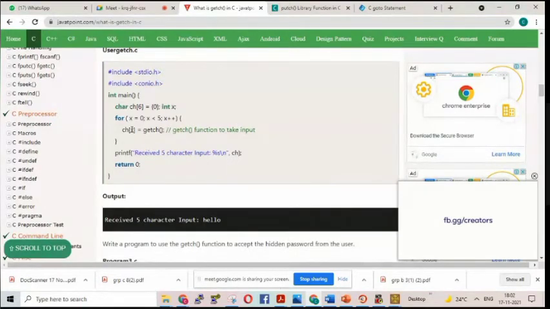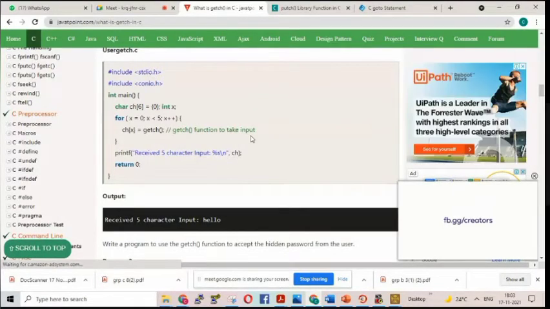I will repeat once. Suppose inside a for loop you want to use getch. Outside the for loop also you can use it, that is not a problem. So you are not using any scanf statement here. First of all, you are not using any scanf statement. You can just write x equals 0 to 5 and x plus plus.